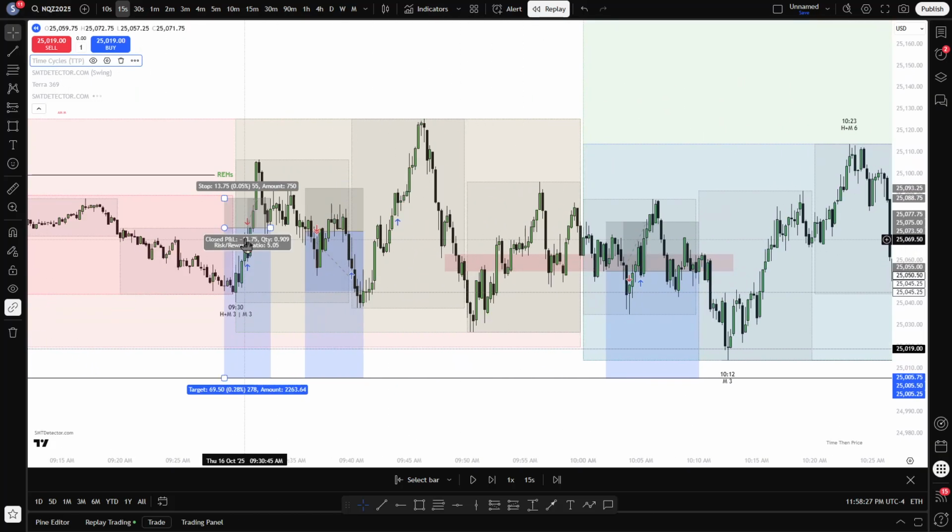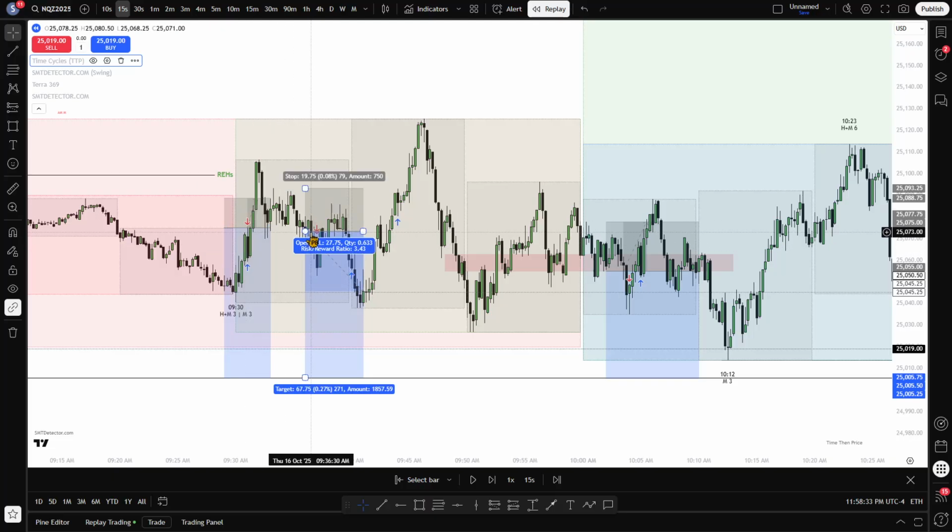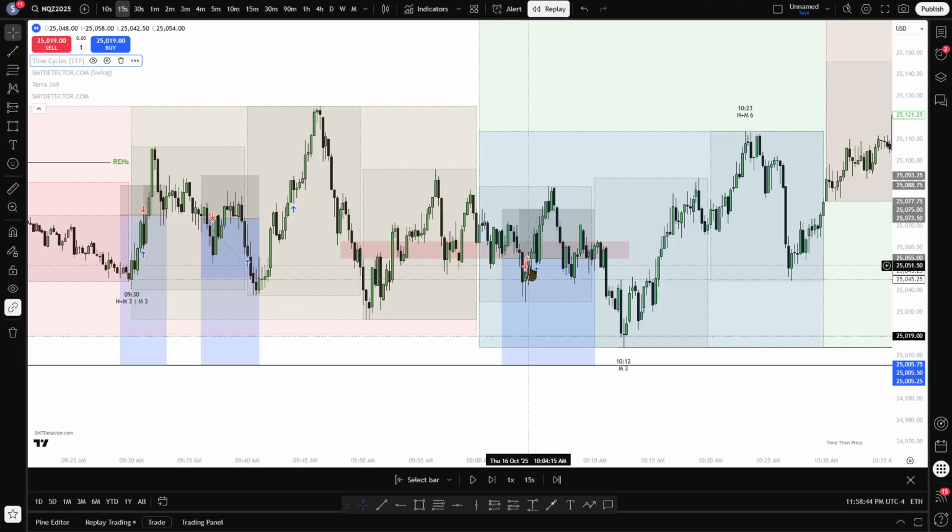My first trade, let's go down to 15 second. You would see that I entered on this candle and I got exited on the same candle. The second trade I entered over here and I took one profit over here. One profit over here, and then I got stopped out over here in loss. Then I entered over here and then stopped out over here.